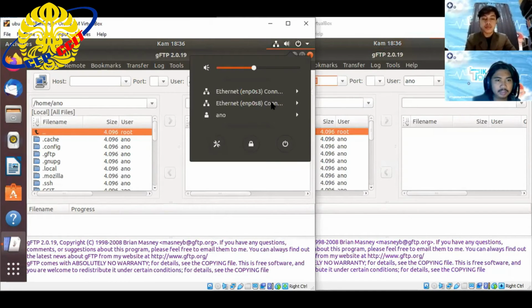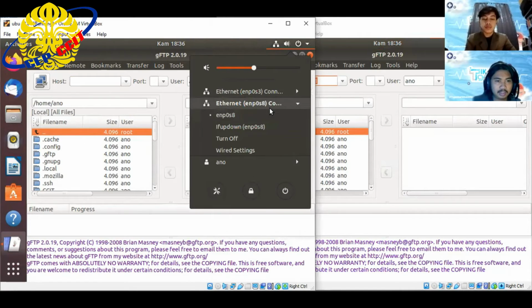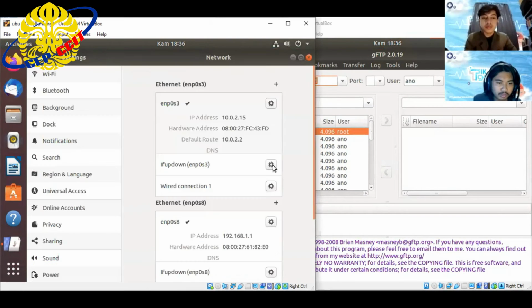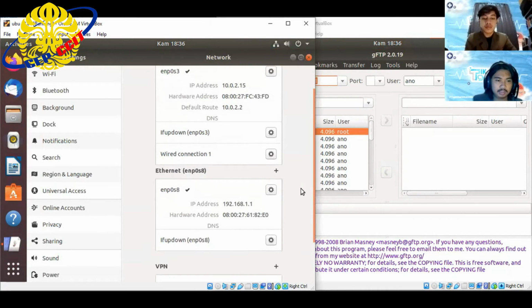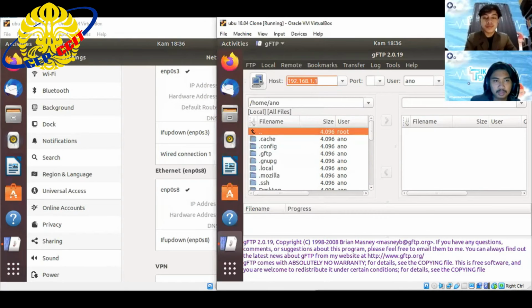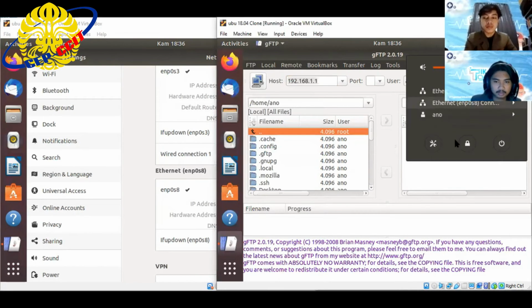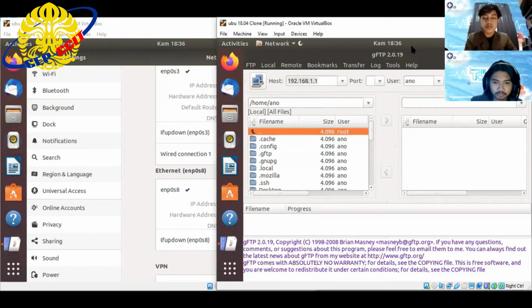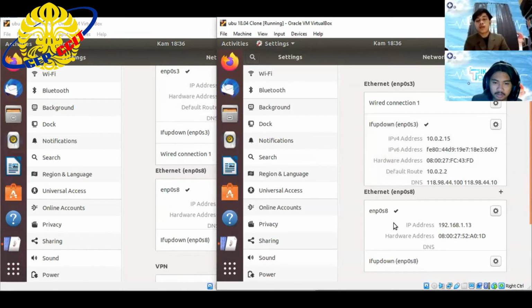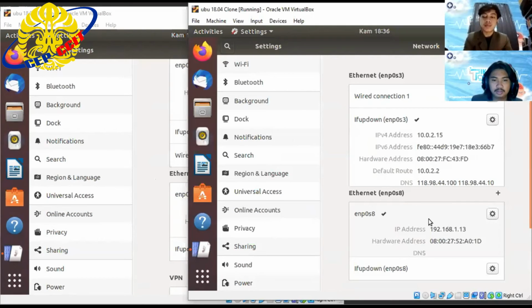You can check the internet settings. This is the IP address from the server, and this is the IP address from the client. They are different. And then go to the GFTP again.